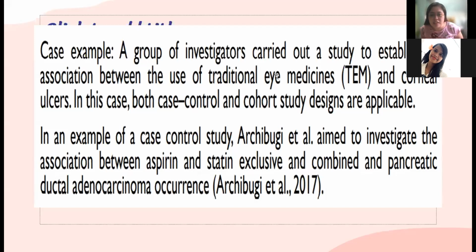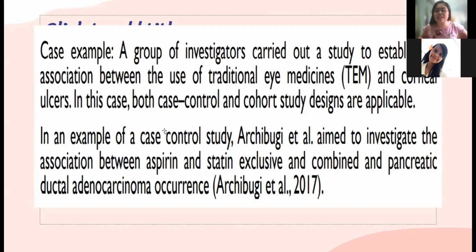Pero actually, itong study na to can be case control and pwede din siyang cohort. Pero later, i-discuss ko yung cohort naman. Yung case control muna. Case and control and then balikan mo sa past yung exposure or factor. And then another thing we have here, an investigation in the association between aspirin and statins, exclusive